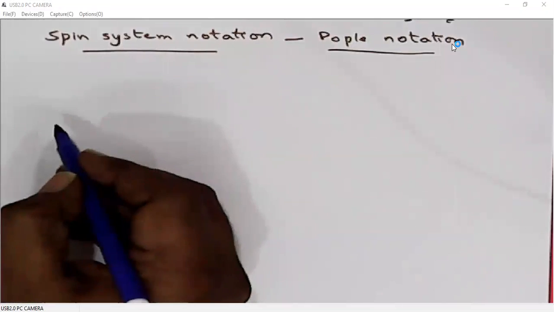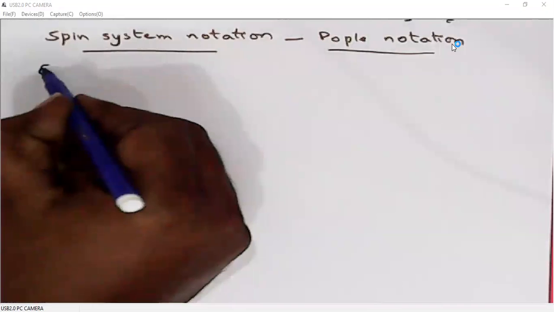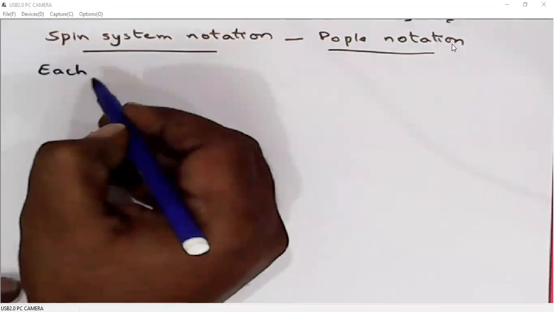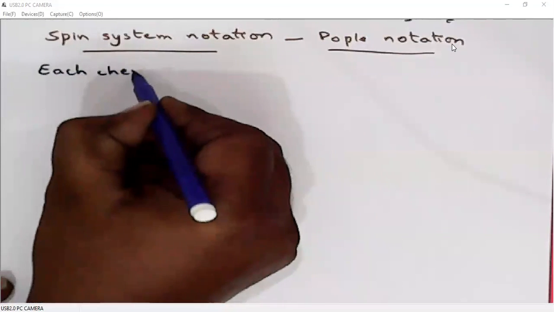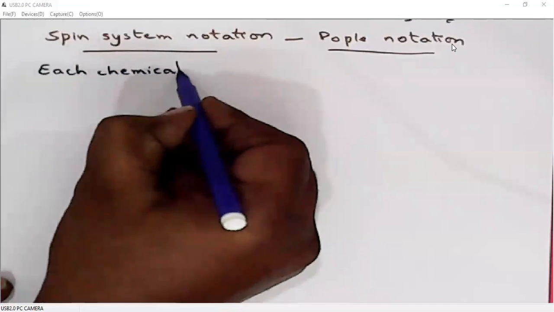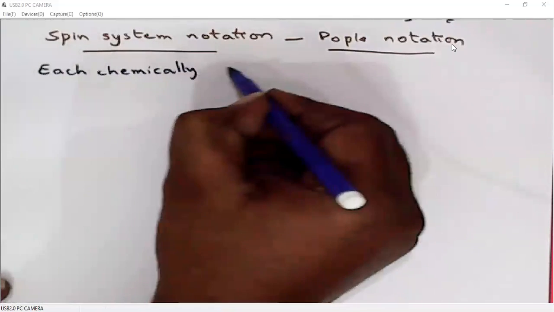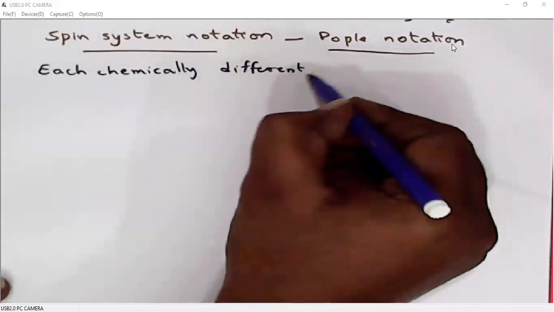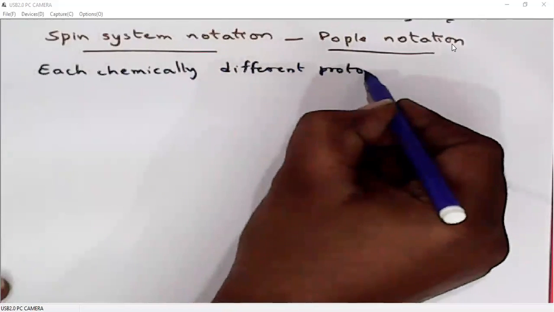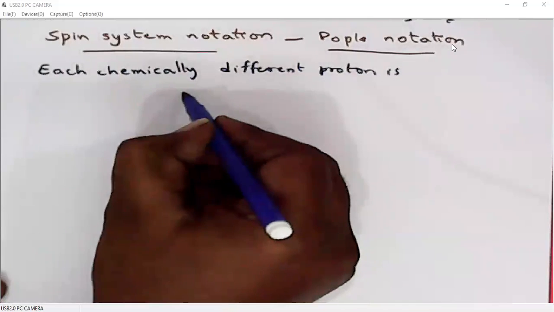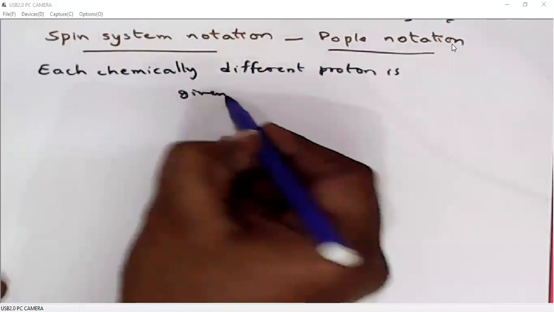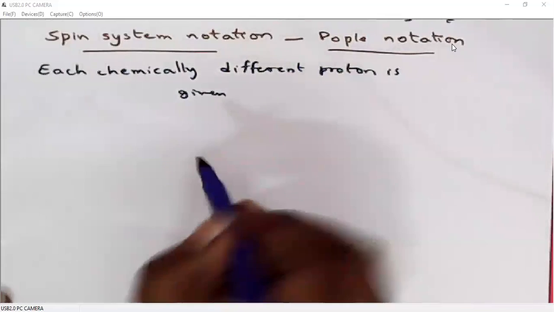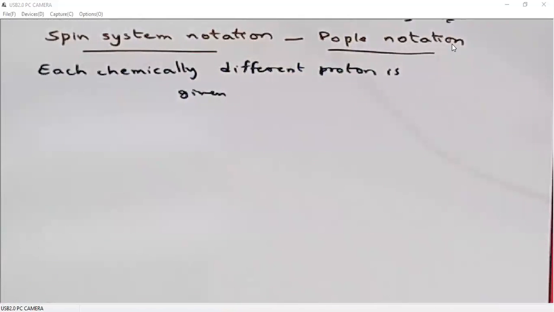In the second order spectra, we give labeling of protons based on the delta values. So based on the delta value differences,